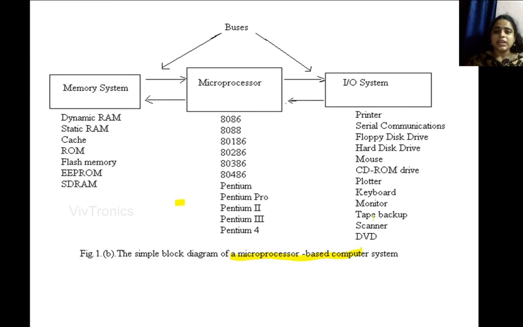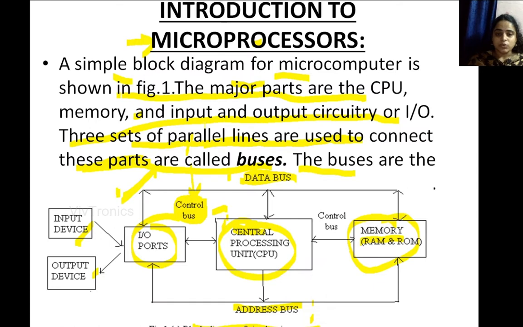In 8086, what we are going to learn: in this block diagram of the microcomputer you have seen the central processing unit. Whenever you are buying a mobile or a laptop, you see what the processor is and how much RAM there is. First comes the processor, that means how effectively it processes an instruction and how effectively it executes an operation.